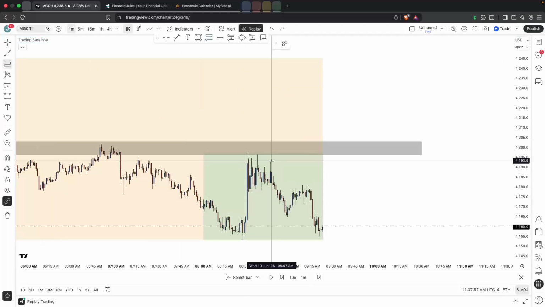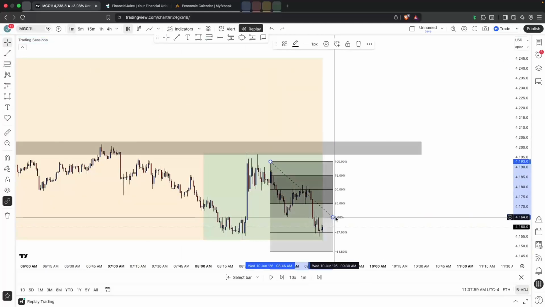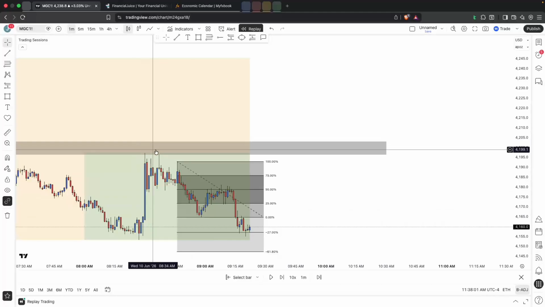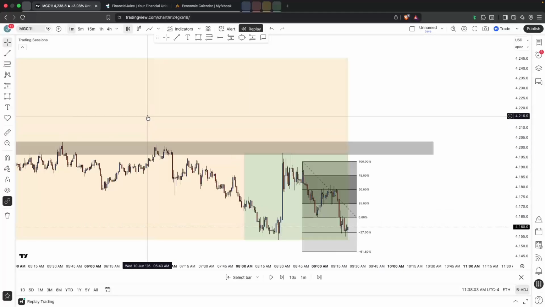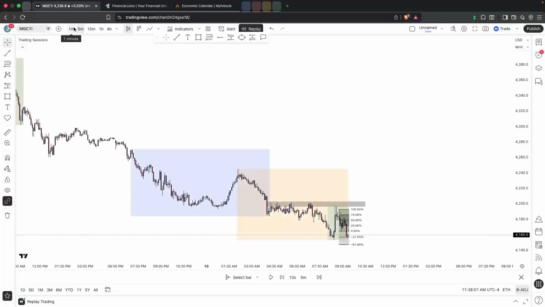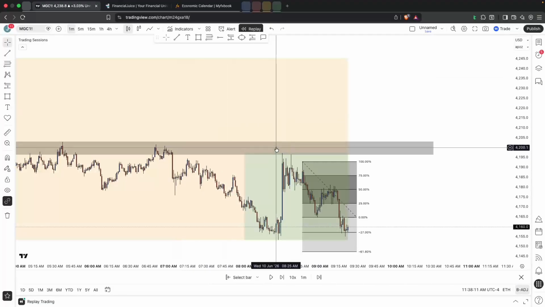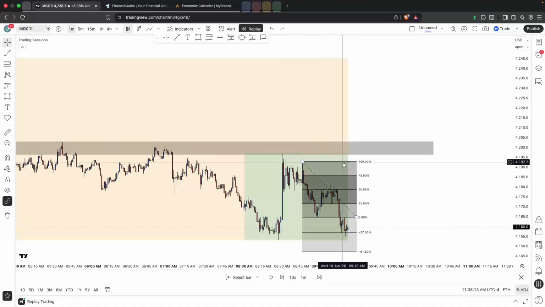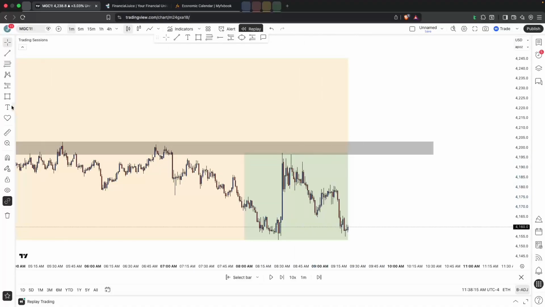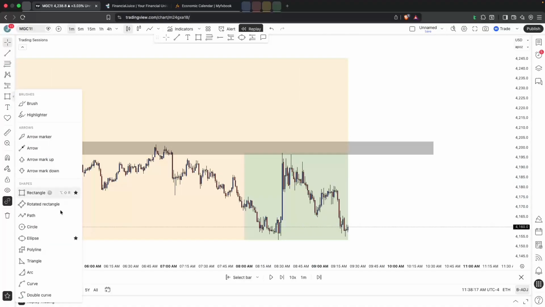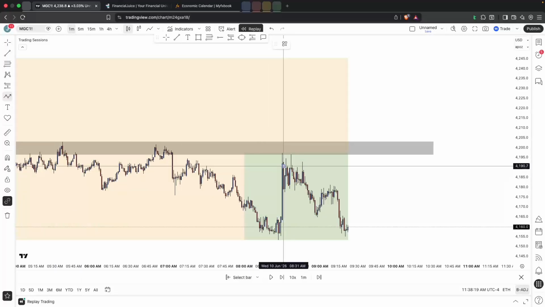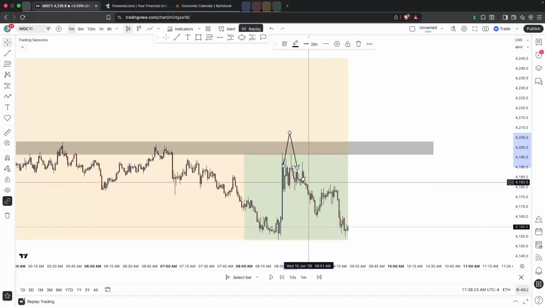We do eventually see price push down off of this Fibonacci. I did want to see a liquidity sweep though. I guess after seeing price retrace strongly back, but I know that we could have seen this happen. We could have seen price push all the way up here and then come down and do the same exact thing. So I mean,